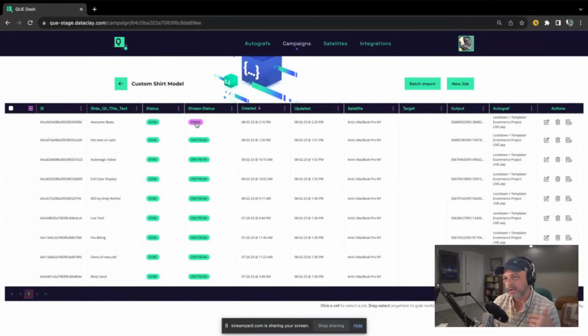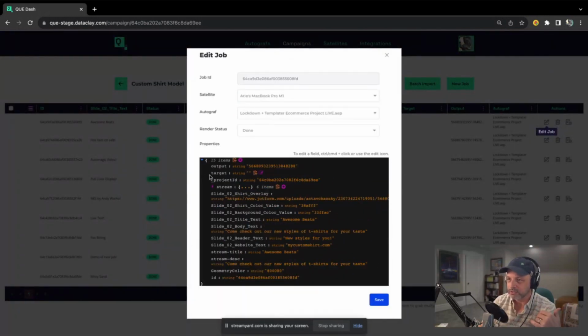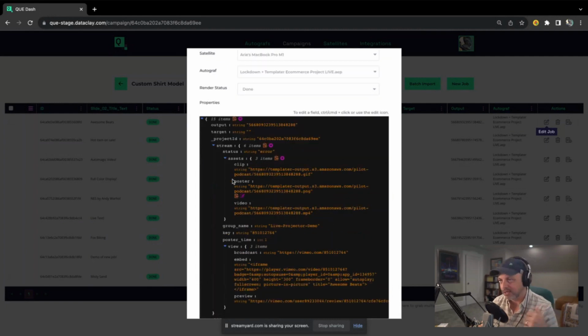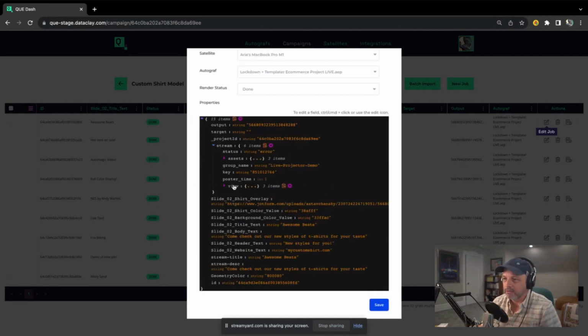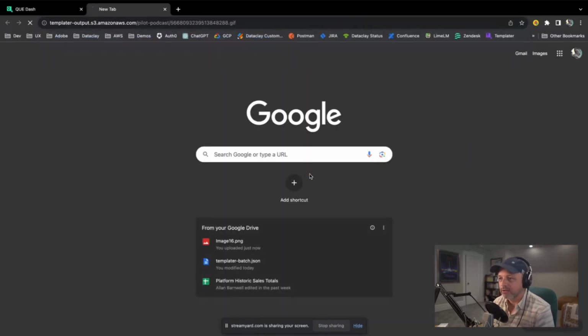And there's an error that has been recorded, but that might be like a post error that I don't know exactly what it might be. But if we go to edit the job, we can see now there is a stream object, a stream key inside of this job. And then we have viewing information and then asset information. Now, the asset information is basically where the hard downloads are. If I wanted to grab this GIF, I could literally copy this, go into here, paste, and then the GIF is going to get downloaded, and there it is.